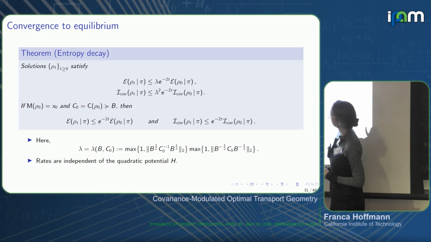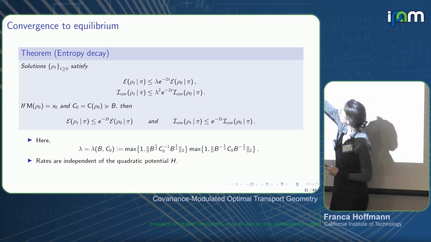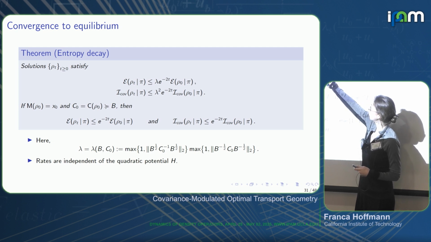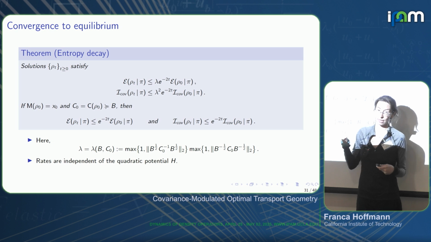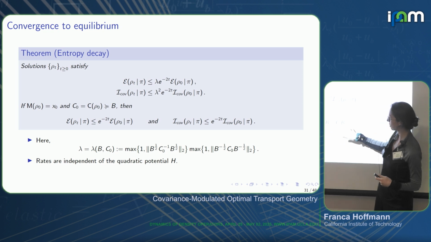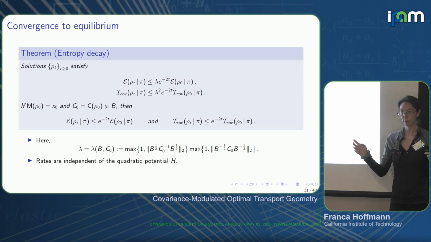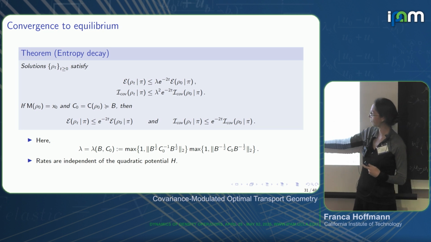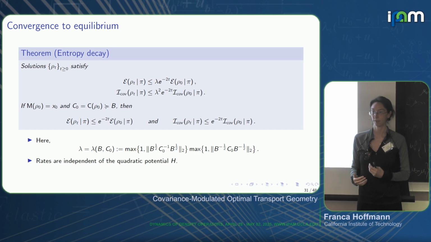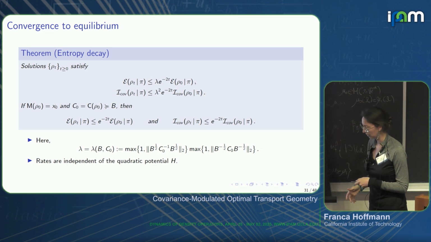Right, and then we get the advertised decay, where you see that here you have a lambda now. So instead of having a rate up here in the exponential, you instead get a multiplicative constant. I wrote out here what it is. It's a bit long, but you can think of this as kind of a condition number, because what this is doing is comparing the initial covariance with the covariance of the target. But the point is that the rate is independent of the